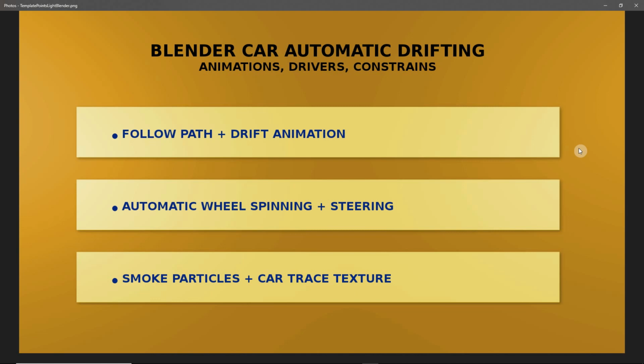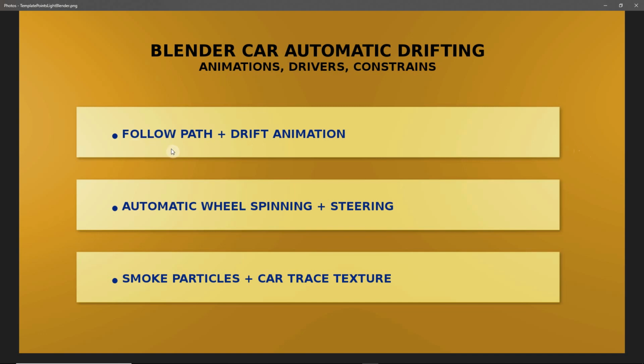Welcome to this new tutorial. Today we are going to cover how to create the animation we have just seen, the Blender short video. For that we're going to follow the following steps, and we are also going to import some 3D models, and I will put the link in the description so you can download them for free.